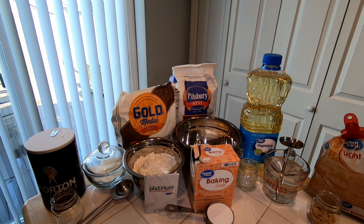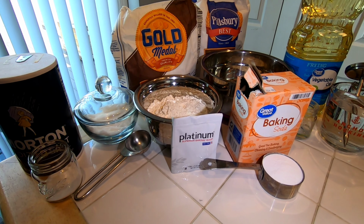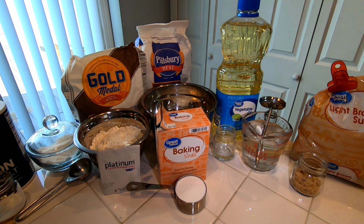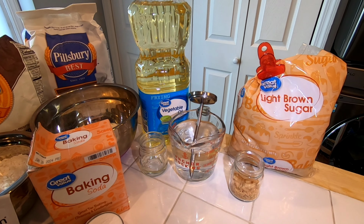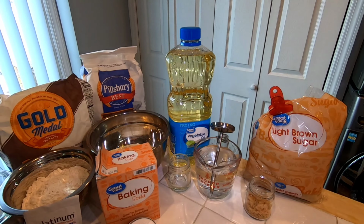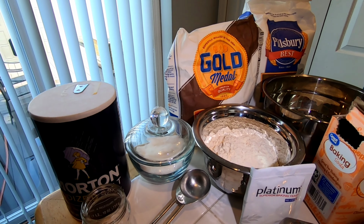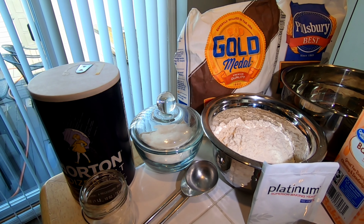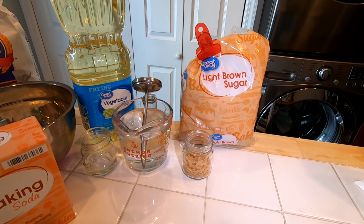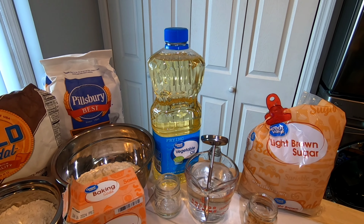So the first step is for the actual pretzels, and we have our 1/4 ounce pack of active dry yeast. We have our cup of warm water, which I have a thermometer in because it has to be at 110 degrees. We have our 2 tablespoons of granulated sugar. That just means regular sugar, not powdered. And then our 2 tablespoons of lightly packed brown sugar. We have 1 tablespoon of vegetable oil,